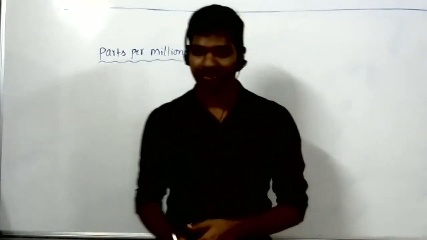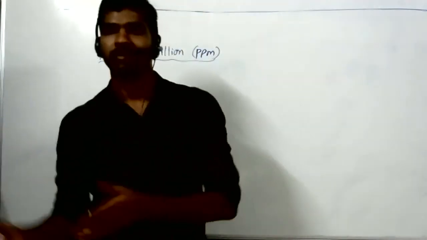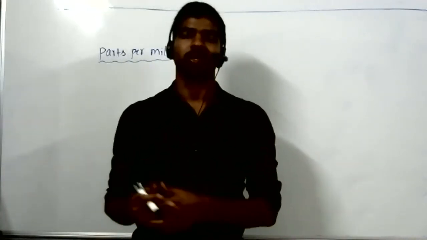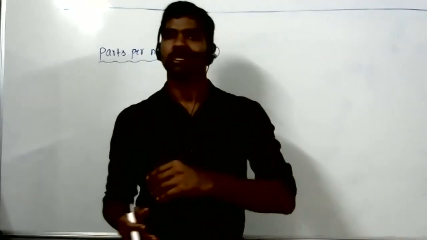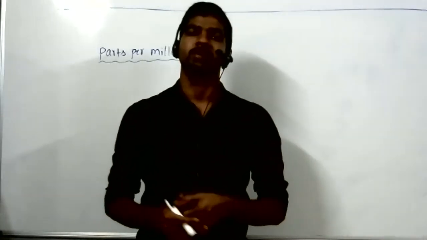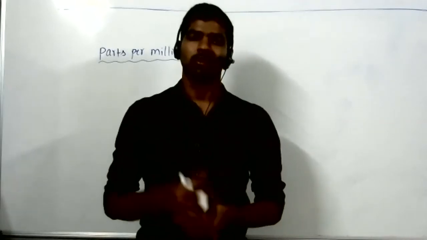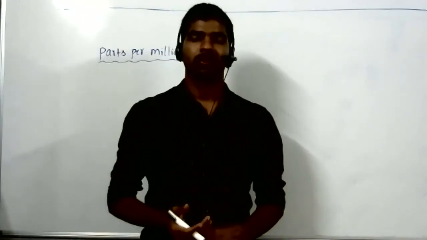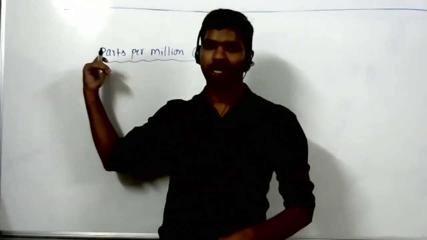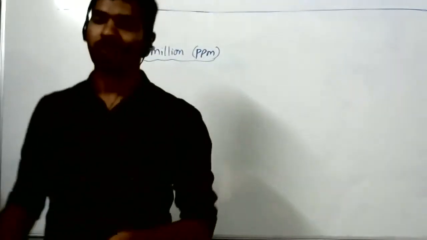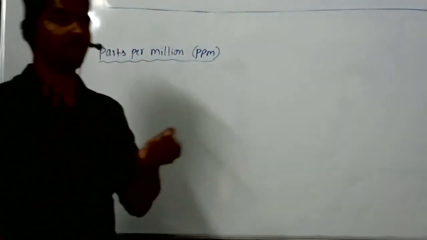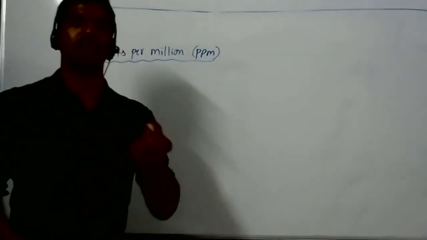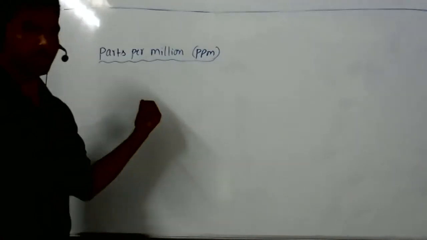I think you have experience on roadsides, sometimes a pollution check. They are checking with some instruments how much sulfur dioxide is present, how much carbon monoxide, how much carbon dioxide. By that, we can calculate how much pollution is there in a particular area. Those are all measured in ppm, because in the atmosphere a very small trace of carbon dioxide is okay, but carbon monoxide and sulfur dioxide are in very trace quantity. Those are measured in ppm.